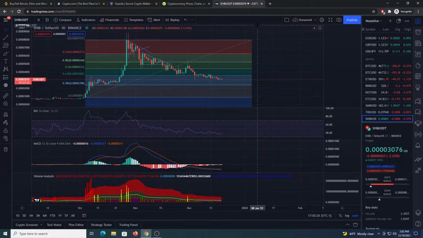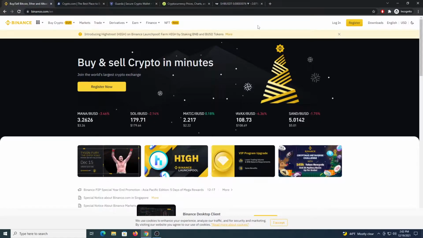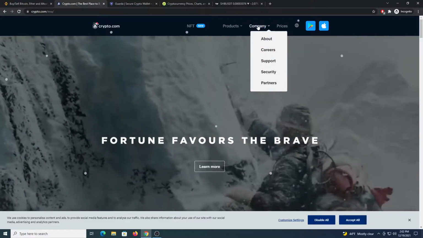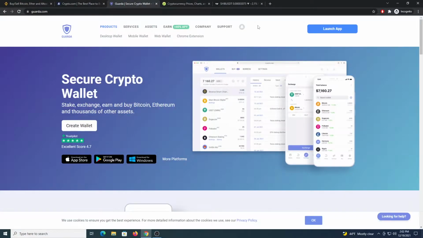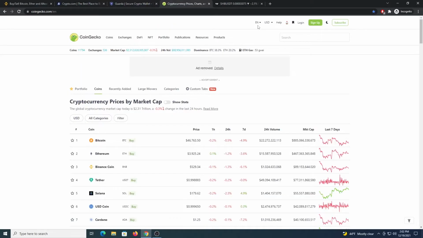We'll begin this course with a general intro into crypto so we can then move to talk about all the apps you would need to be able to buy and invest in crypto for the first time. After showing you which apps to use and how to buy your first coins, we are going to talk about crypto analysis and how to get information about the different coins so you can find potential candidates to invest and